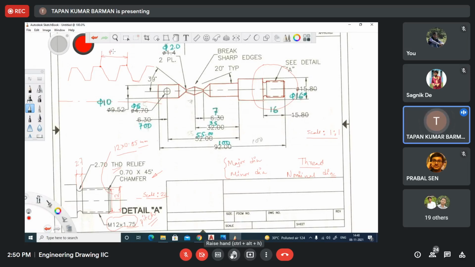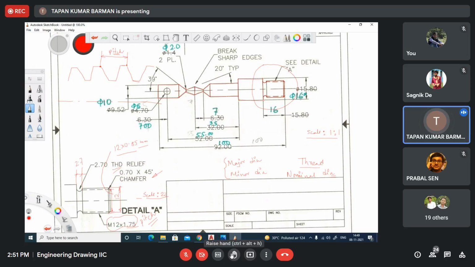Okay, so when you learn the threads, you will learn this pitch value. So when we try to designate one thread, we put this information, the nominal diameter and also the pitch value, so that we can make the threads in our workshop. Okay, so for that purpose, we try to designate the threads in this way.